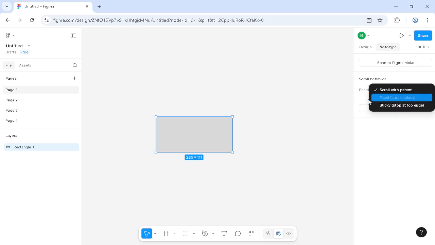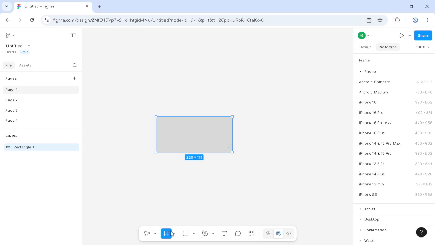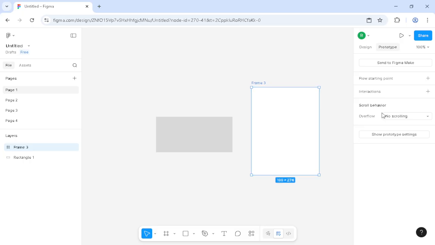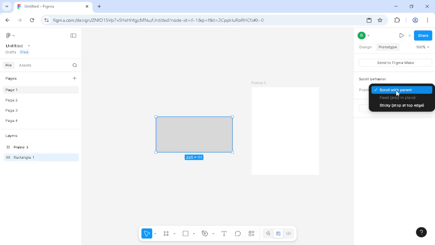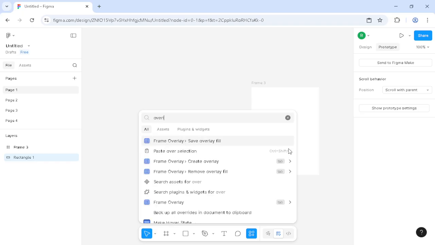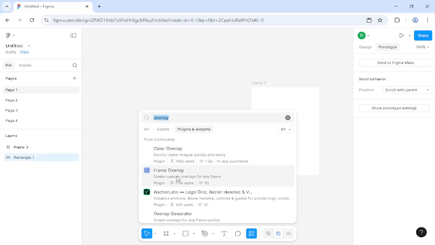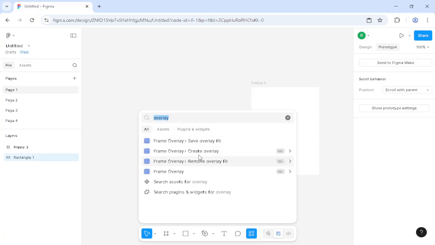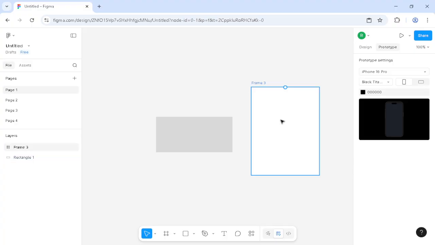with the overlay you have to start to see that maybe it works also with frame, because okay, the overlay has been really scroll with parent sticky to the top of the edge, also show the properties if you want. If you started to go with the part over here, you will find a plugin called frame overlay, which is really this one, and then you can actually start to use it for making a sites of overlays, and that's all about